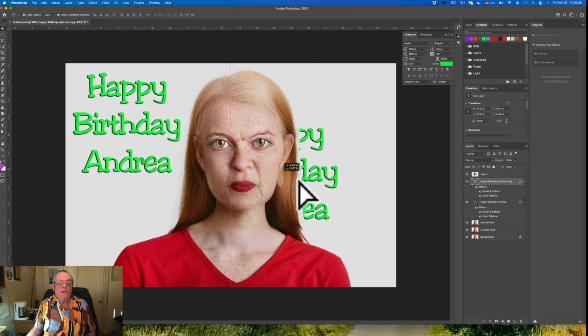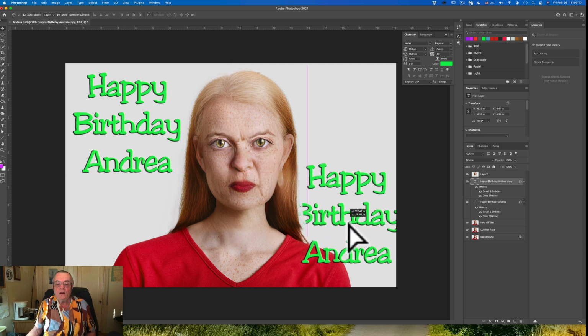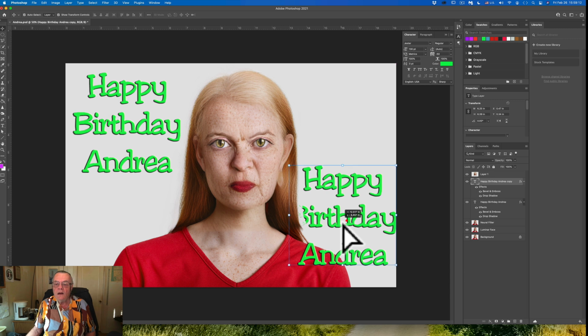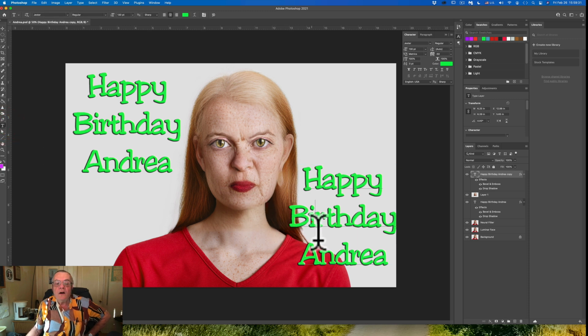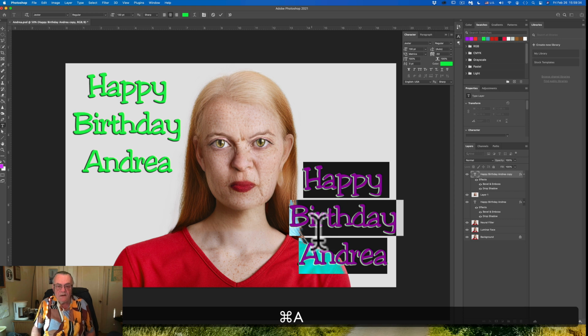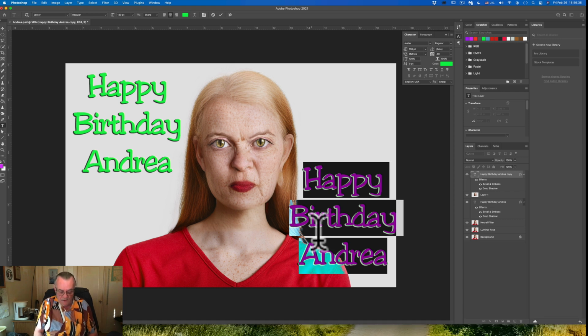And then I'm going to bring it over here, click over here. And you can already see it's going behind her. So the problem is we don't have it on the top layer. And so we'll just move it up a layer. There we go. Happy birthday, Andrea. And we're going to click in here. Where's my text tool? There we go. All right. And we'll select it. And we're going to type,